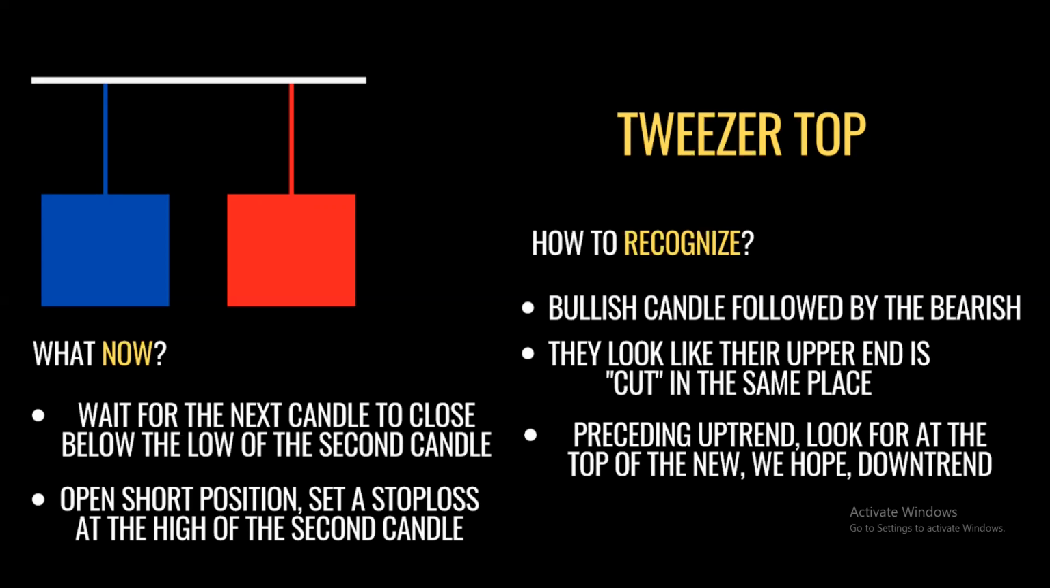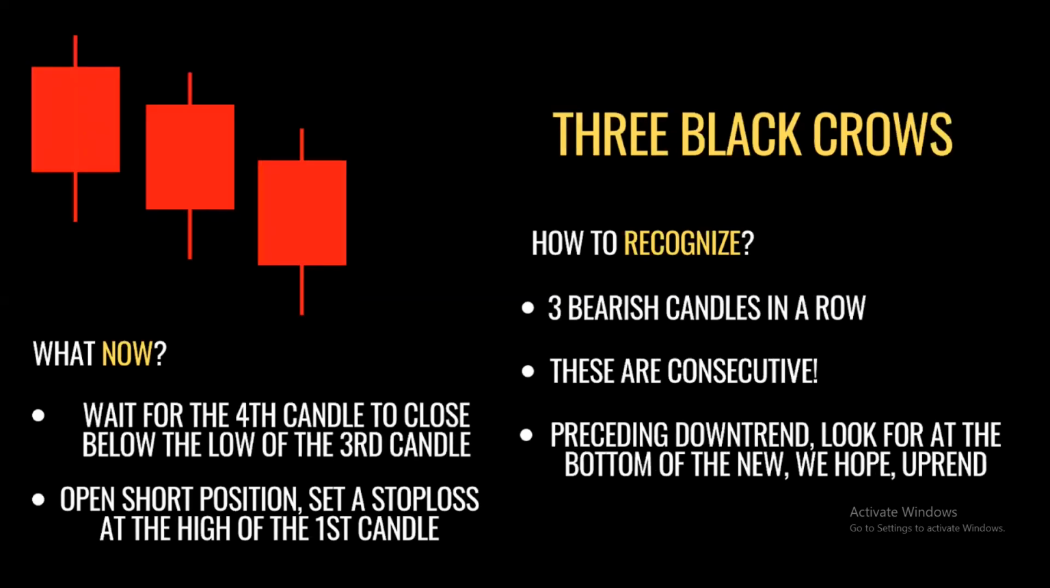Just as for every other, we want to see the next candle, the confirmation candle, close below the low of this one, set a stop loss at the place where they've been cut, so to speak, and go in for a sell. Folks, last but not least, three black crows, or however you want to call it, just three consecutive bearish candles in a row. The next candle closes below the low of the previous candle,